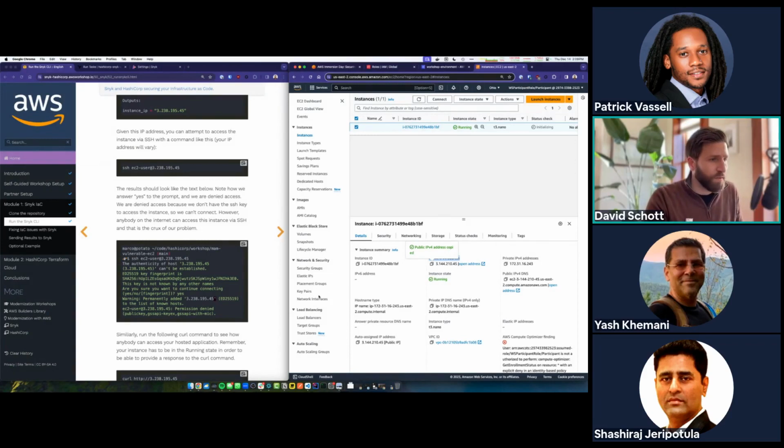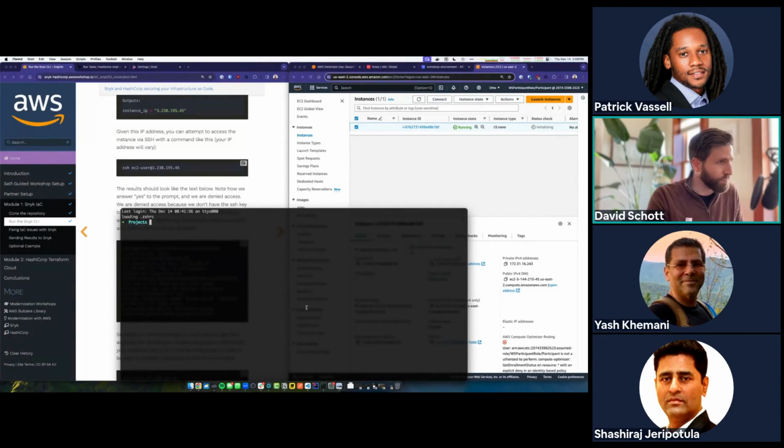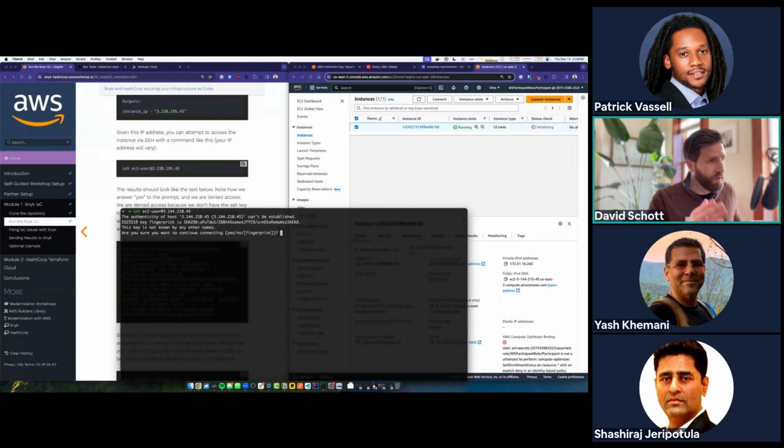And what we can do actually is pull up another terminal. You can do this in Cloud9 or really anywhere you want, but we can try to connect to that EC2 instance that's out there running. And it's just an SSH command. So it's ssh ec2-user at the IP address for your EC2 instance. And if we hit enter, we're just asked to do a verification step here. I'm not going to do it because I actually don't have the SSH key to log in, but this is what we're here to see: that we deployed an instance.